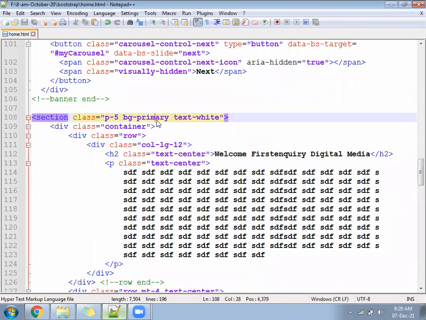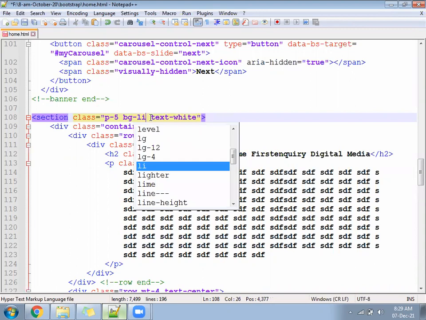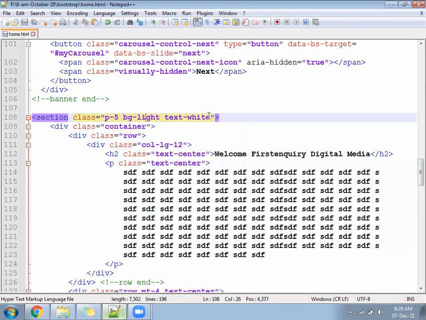Change the text to BG hyphen light. So the background will be BG light, and remove the text color. In the section we have written the BG primary, change to BG light.